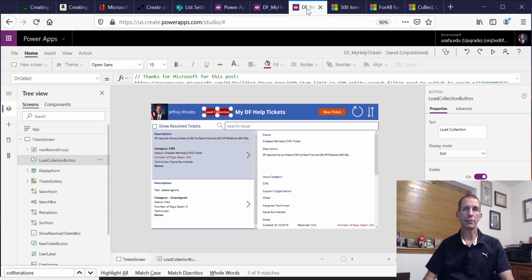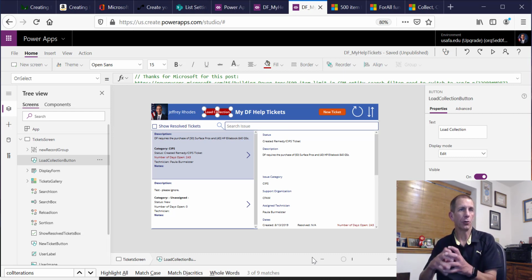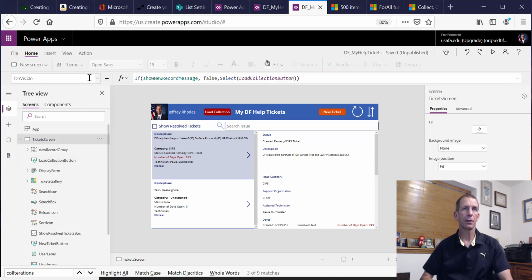All right, so let's go back over to the development environment, and you'll see I have this button called load collection that I use for all this code. It's a bit of a hack. As I mentioned in my last one, it'd be nice if we had a module or a class library where we could put this code. But since we don't have it now, I just put it all on a button, and then what happens on the visible,